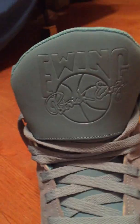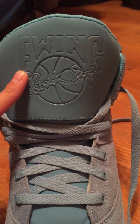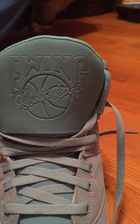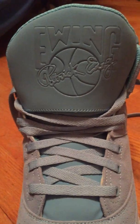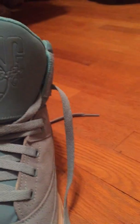I think it's pretty cool, you know, the Patrick Ewing on the front. I do wish that they made it white or something, because if you're walking on the street, nobody is going to know what that says on the top right here unless you were looking straight into it. I wish they had some type of color that made it stand out a little bit